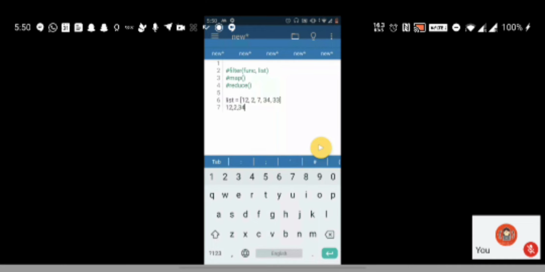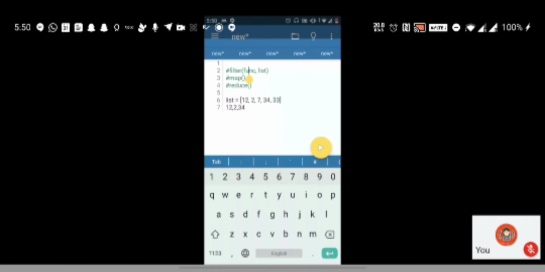That's it. Okay, so your func function specified that the number should be an even number, and you had specified a list along with that in the filter function. So what filter function did was it used this func function on all the elements of the list, and it filtered the list basically, right? It filtered the list to give only those elements which satisfied the condition, which satisfied the function.